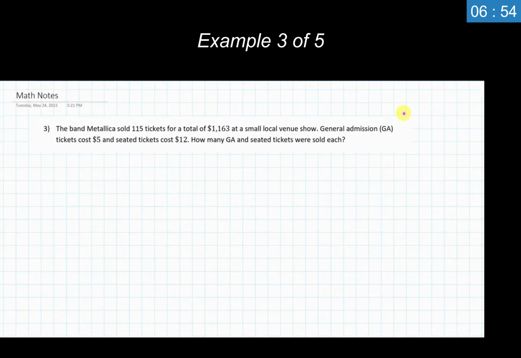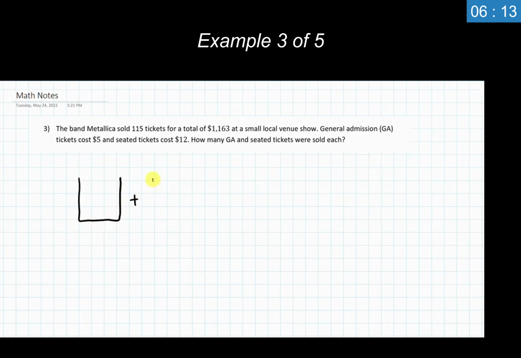Looking at our third example, we are told the band Metallica sold 115 tickets for a total of $1,163 at a small local venue show. General admission, GA, tickets cost $5 and seated tickets cost $12. How many GA and seated tickets were sold each? So we have two things that are mixing together here. We have GA tickets and we have seated tickets, and we have some information that goes along with each of those. Again, I'm going to use the bucket method for setting these things up moving forward,